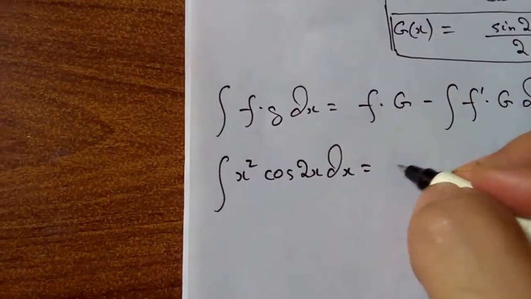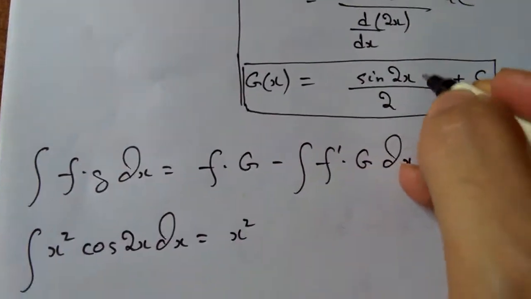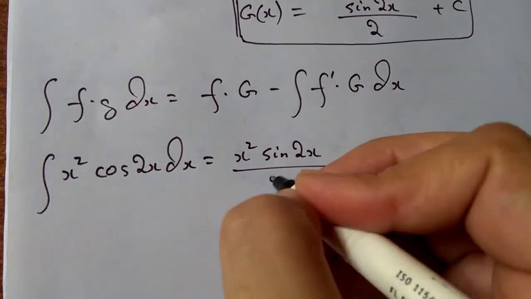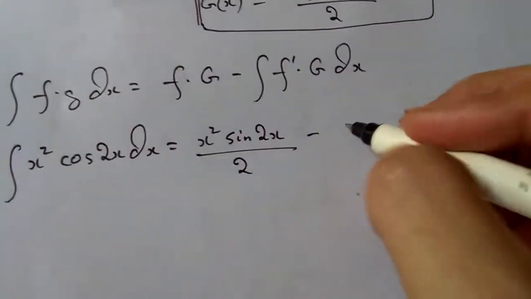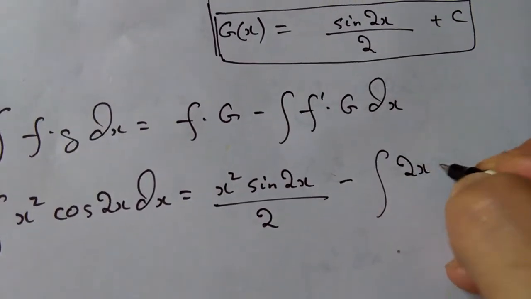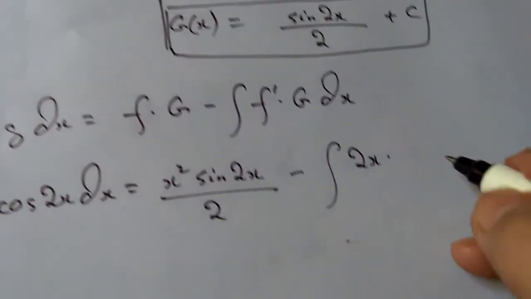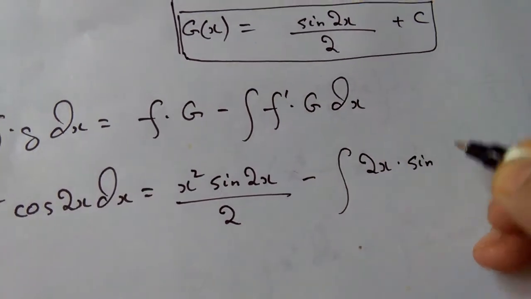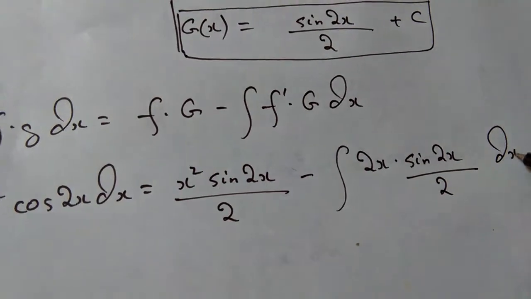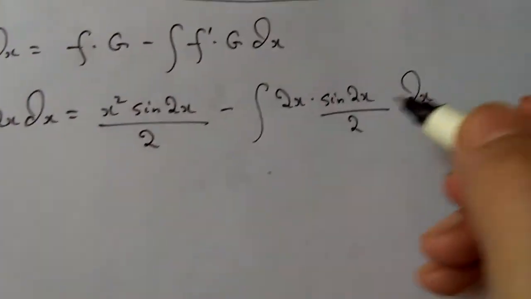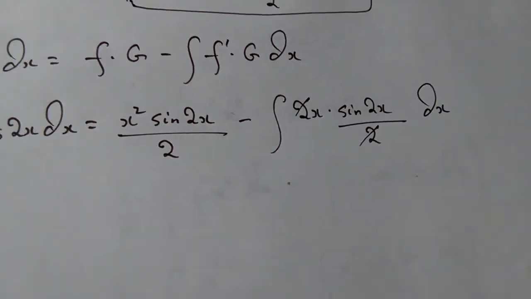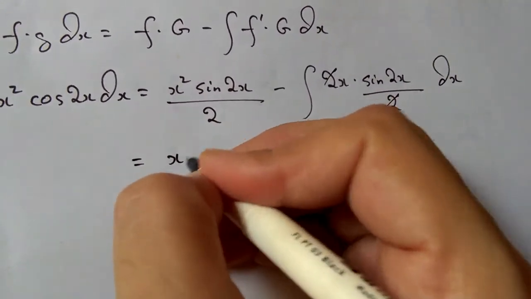Now f is our x squared, g is this, write it down, minus integral of my f dash x, which is 2x, and my g of x, which is sine 2x upon 2, plus no need to write the constant, just write d of x because the process is still going on. So this 2 and this 2 will get cancelled. Now you are having